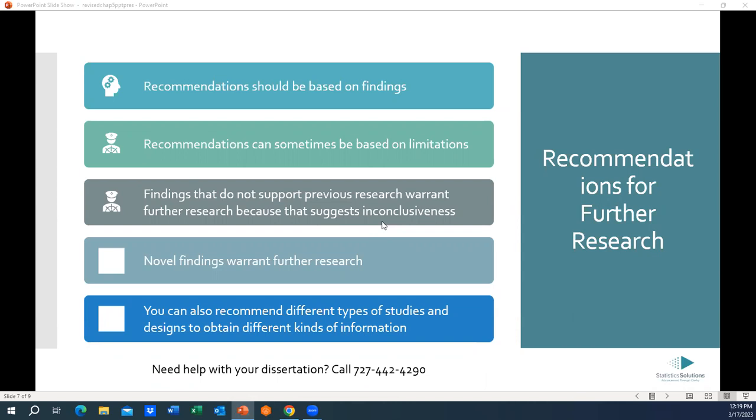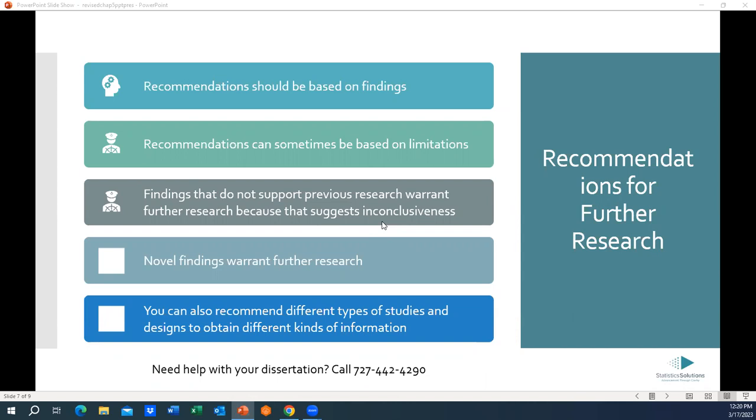So when you go back to your findings, sometimes I find it helpful just to pull your findings out, and if you use two screens, it's helpful. Set them to the side, so when you're writing this section, you can see what you actually found and what should follow from that. Any finding where your findings do not support previous research, they don't align with previous research,